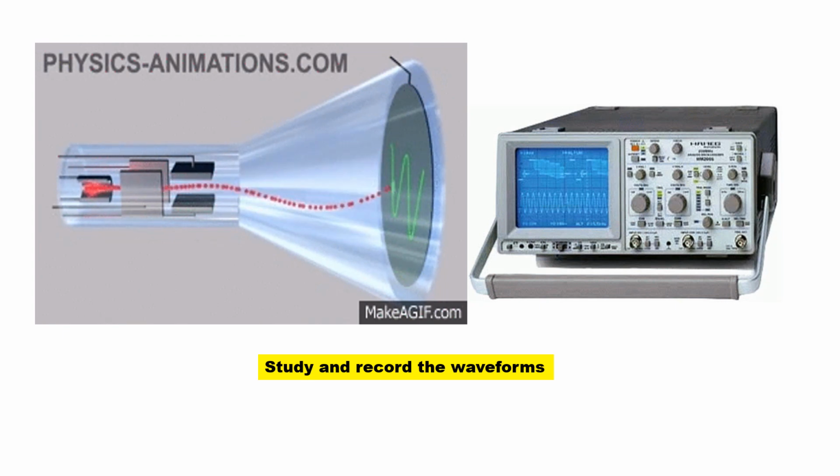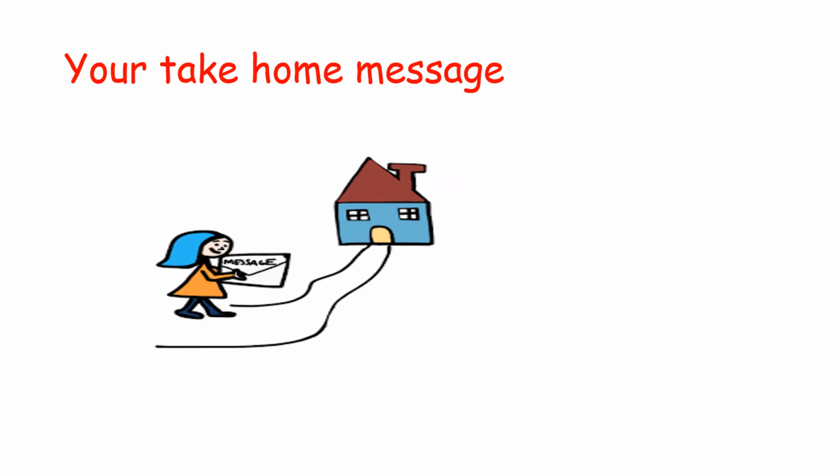Then it moves ahead and passes through the vertical plates, and these vertical plates are connected to the nerve. Whatever potential change is occurring in the nerve causes the movement of the electrons towards or away from the vertical plates, and then a recording is obtained on the fluorescent screen vertically, and the potential can be recorded. So it is useful to study and record the waveforms.